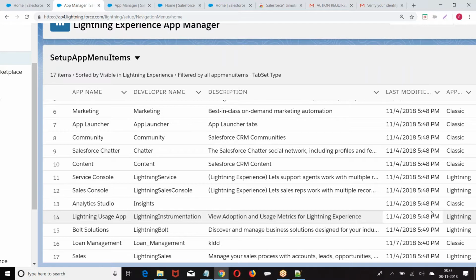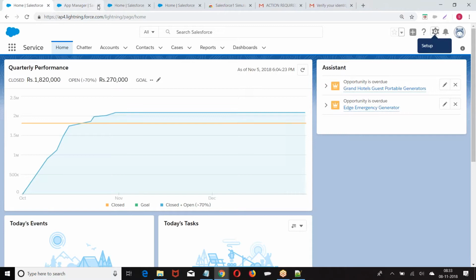Yes, go ahead. Satish, I have a question here. We have two options to upgrade from Classic to Lightning. One option is to upgrade and the other option is... No, you're wrongly taking it. It is not two options to upgrade. It is two options: one is Lightning View, another one is upgrade. There's a difference. With Lightning View, the same Classic UI will be in Lightning.